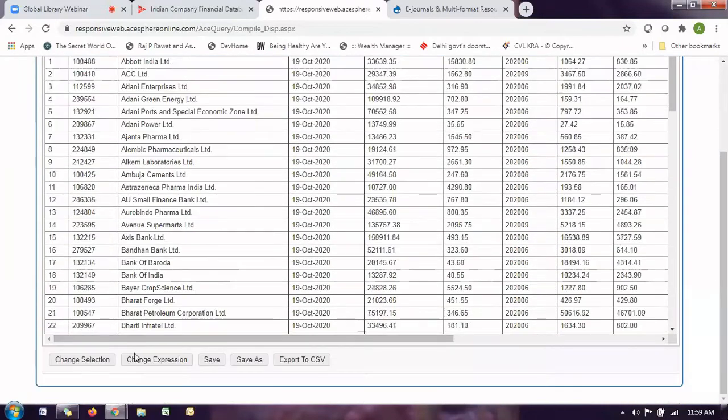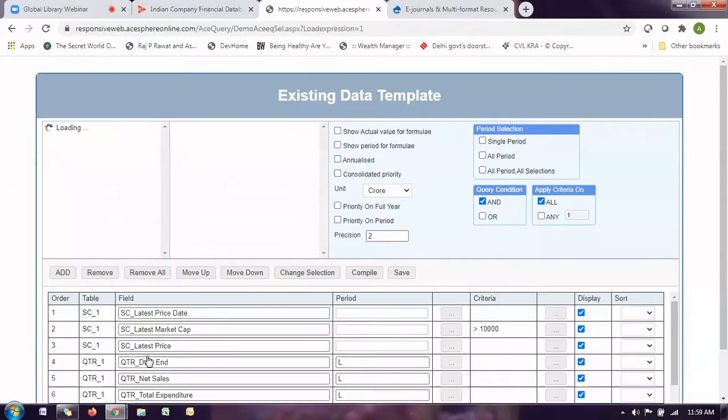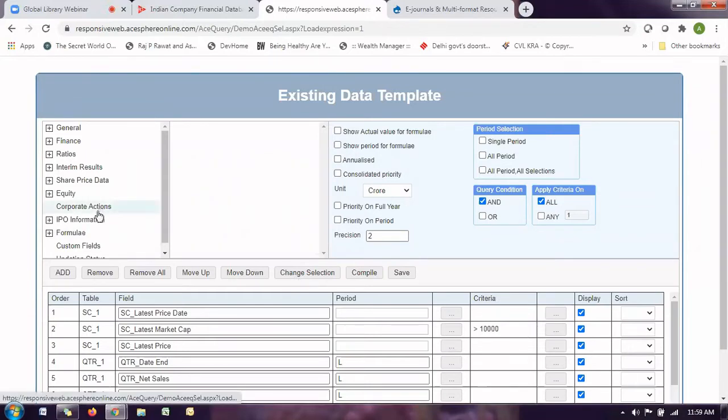So this way I can do n number of queries. Let's say I want to run a query on companies whose promoters' holding is increasing. Where do I go? Again, I have to go to change selection, where I can change my domain. If I want all listed companies or a particular industry, I click on change selection.